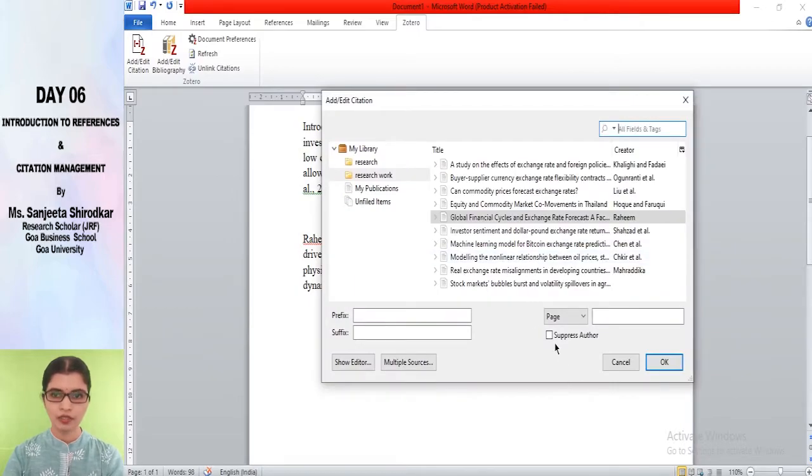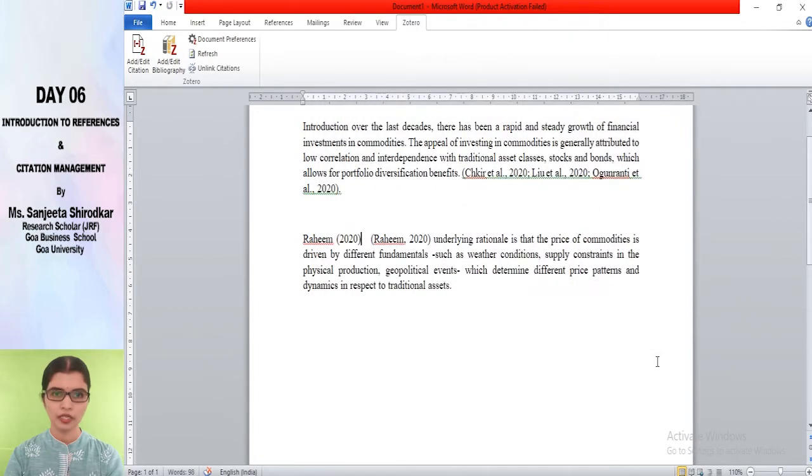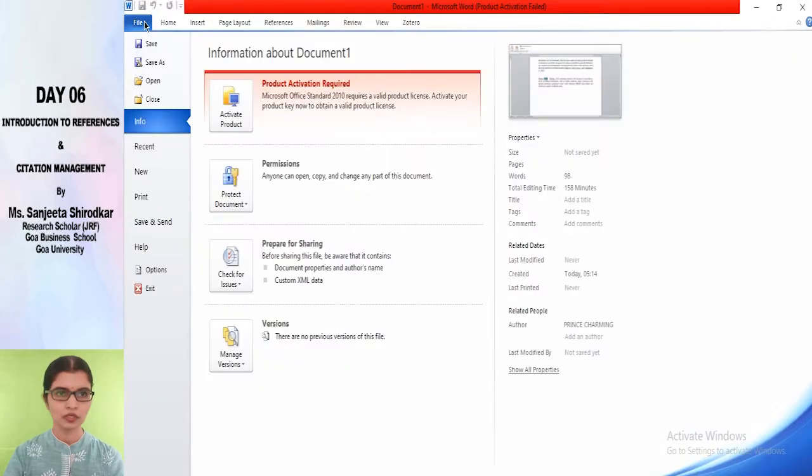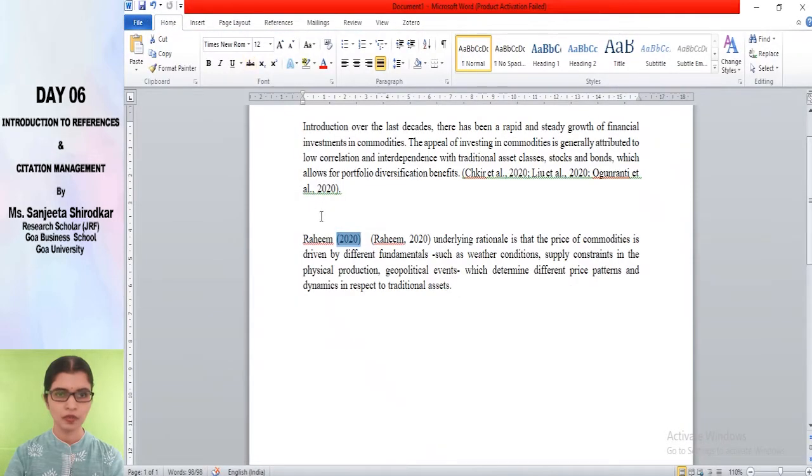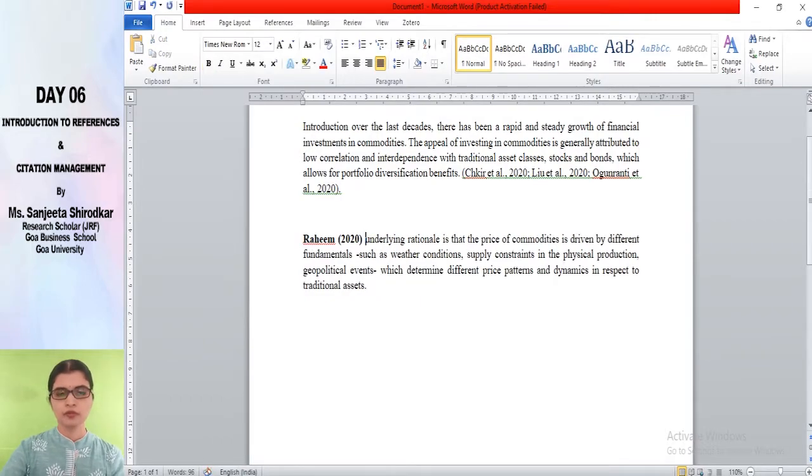Here you click on suppress author and then you click on OK. So then you would see that 2020 has come. I'll just make it bold for you. And then you could delete this. So this is the way how references could be added to Zotero.